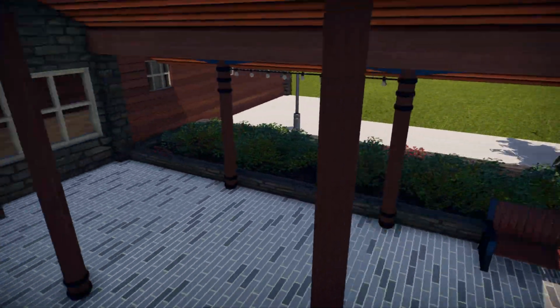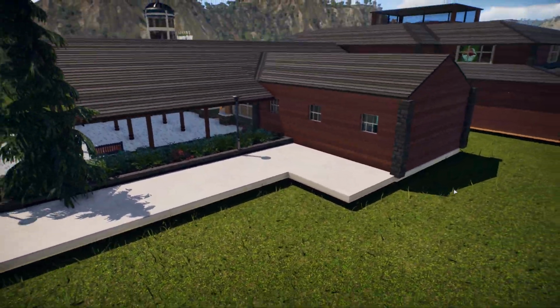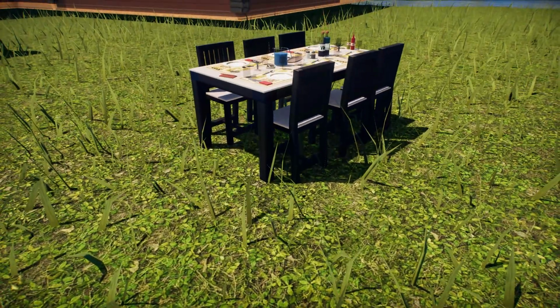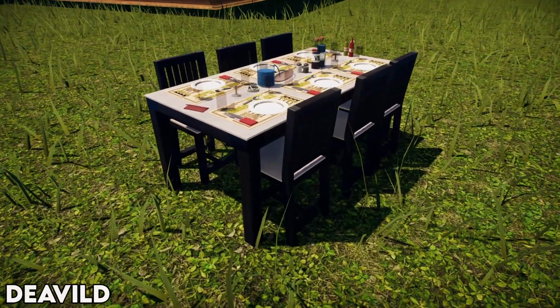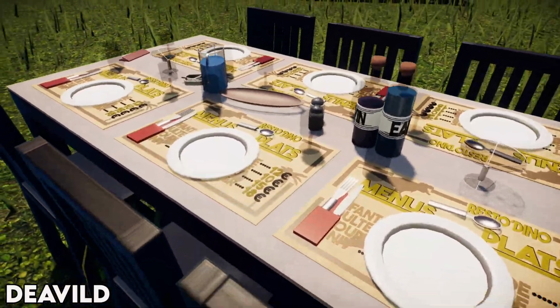Right, moving on. I'm trying to balance like the big things with the little baby things. So we've seen a big paleo education centre. Now we're going to look at a table. Yeah, this is a dinner table, oddly enough, full by DEAVILD. And it's actually really impressive. Look at the detail work. We've got these